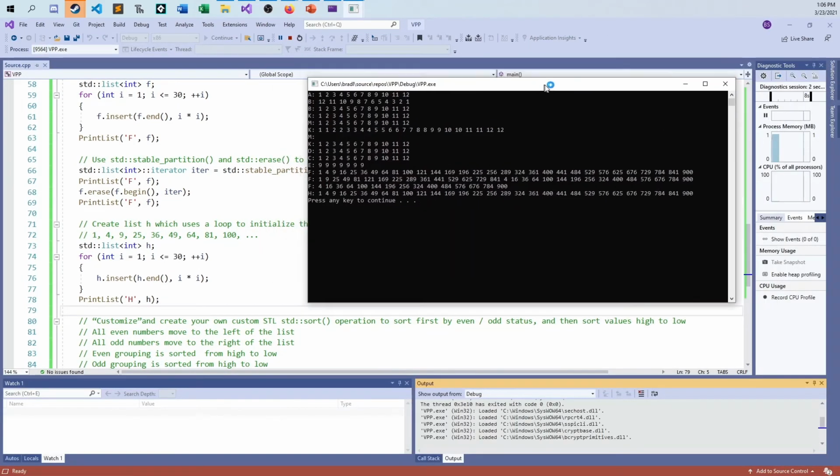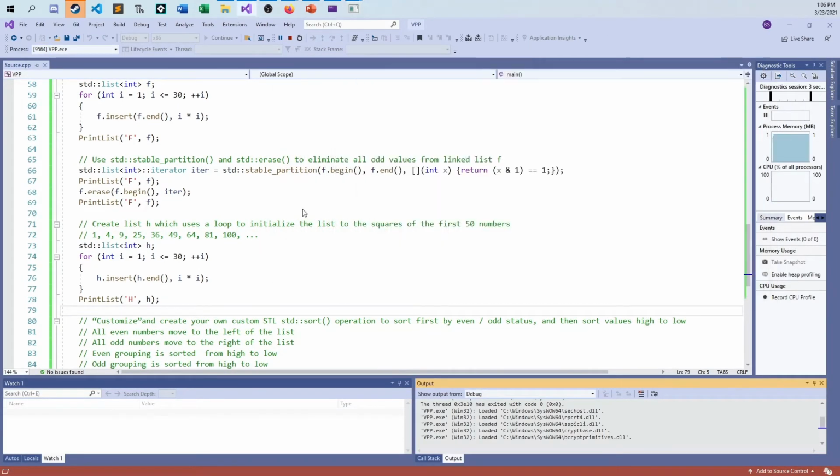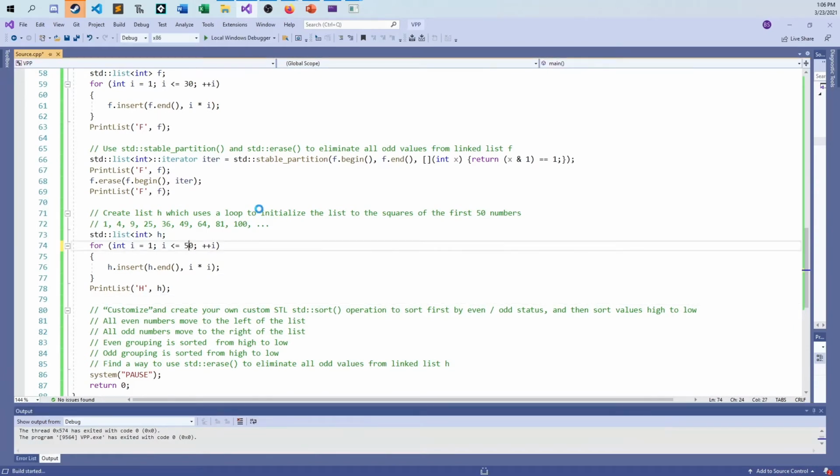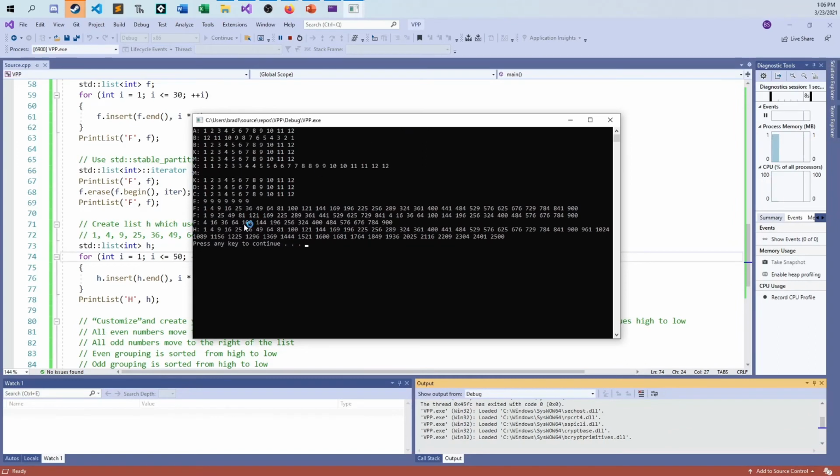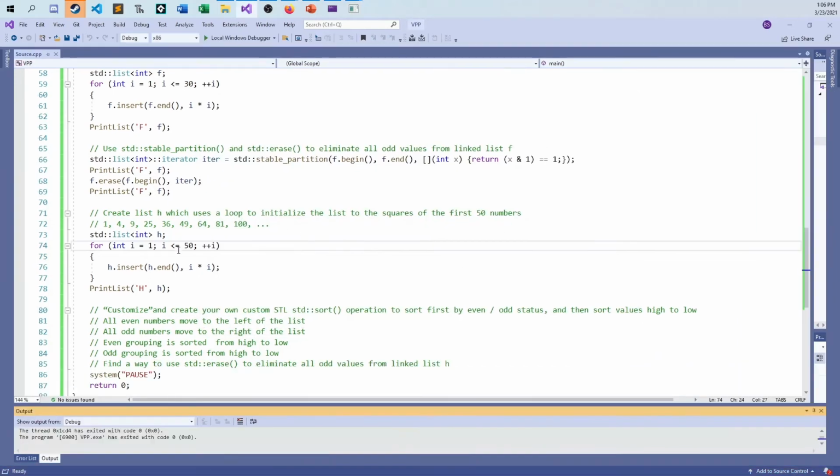And now we're right back where we were. Now we have the first, oops, that only does the first 30. I have to go back and fix this up for the 50. This will probably overflow into the next line because there's a lot going on here. There's H all the way from 1 to 2500, from 1 squared to 50 squared. So now H holds that, and now we only have 1 or 2 things left to do,